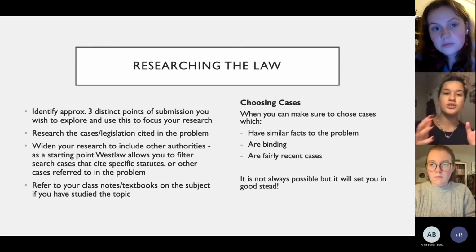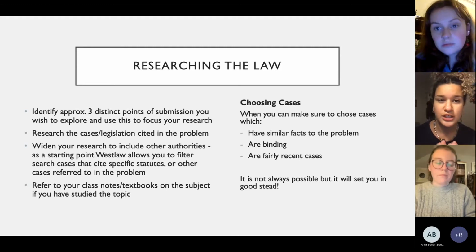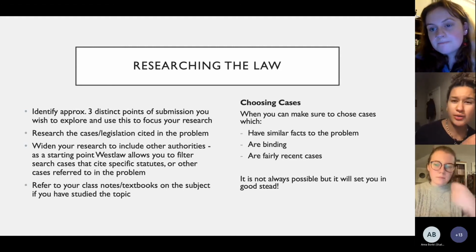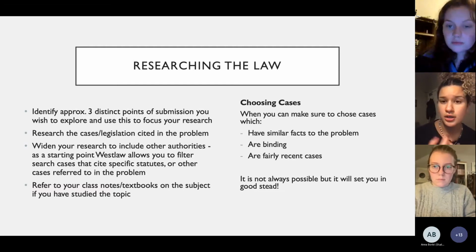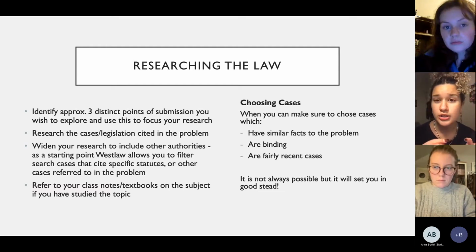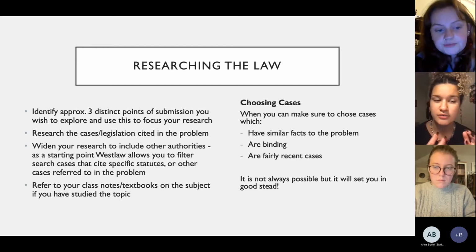but when addressing your points, you need to make sure that you have enough time to develop them all to a sufficient level of detail. If you do 2, you run the risk of having them underdeveloped and not a varied or nuanced enough submission. So 3 is a good number. If you have 4, then you run the risk of not being able to develop these cases very well, or